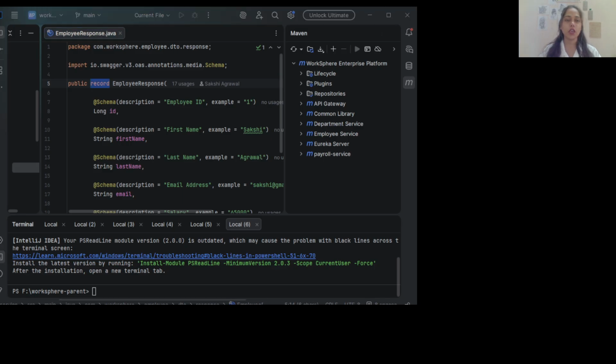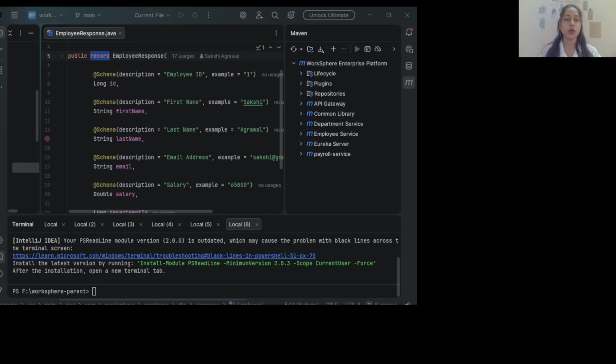Secondly, we have the long ID, first name, last name, email, and all the fields. Instead of creating a traditional class with fields, constructor, getter, setter, equals, hashCode, or toString methods, we use a Java record. The record gives us a much more concise way of representing the data.